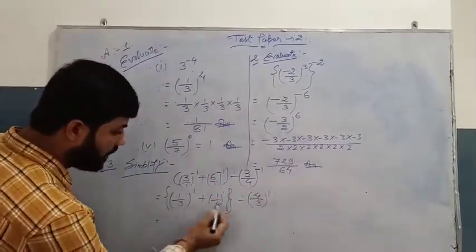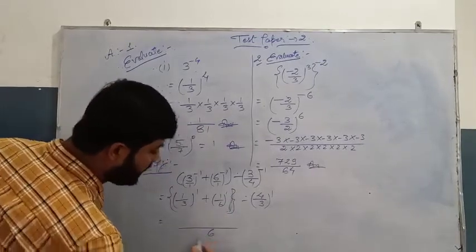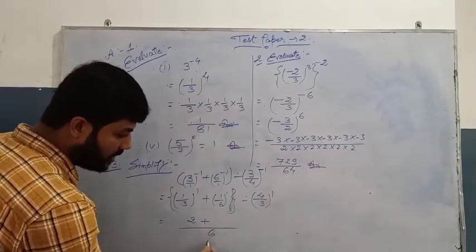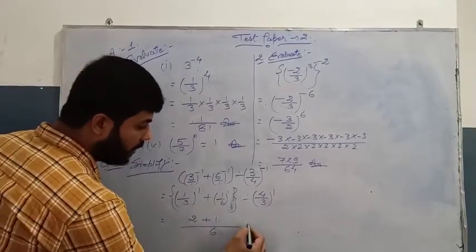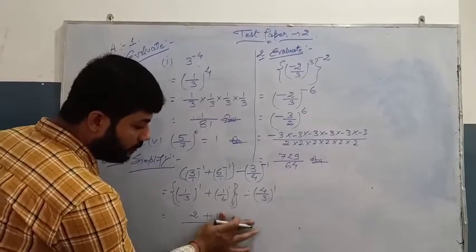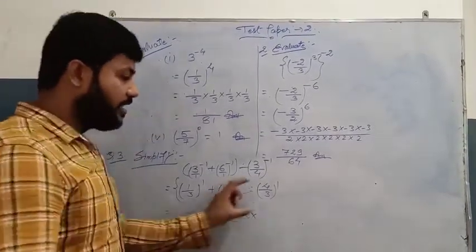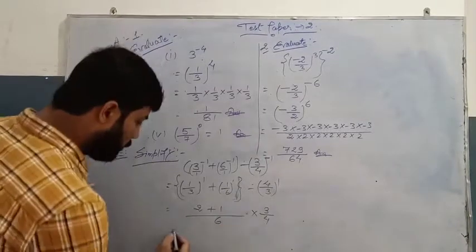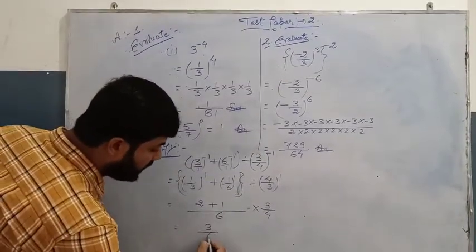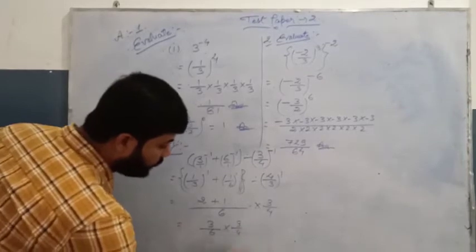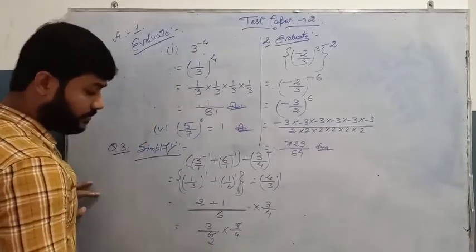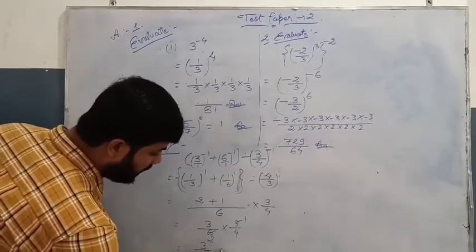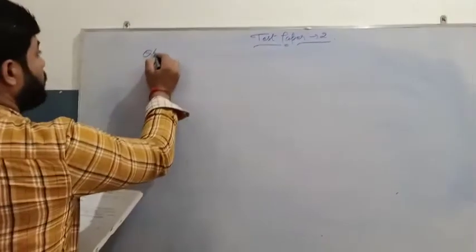We will get the LCM of 3 and 6. LCM is 6. Now 3 twos are 6 and 2 multiplied by 1 is 2, 6 ones are 6, 1 multiplied by 1 is 1. Okay. Now this division sign, we will change to a multiplication sign and get the reciprocal again. So that will be 3 by 4. Now 2 plus 1 is 3 by 6 into 3 by 4. Now 3 twos are 6. Okay. Now here 3 ones are 3 and 2 fours are 8. That is your answer.